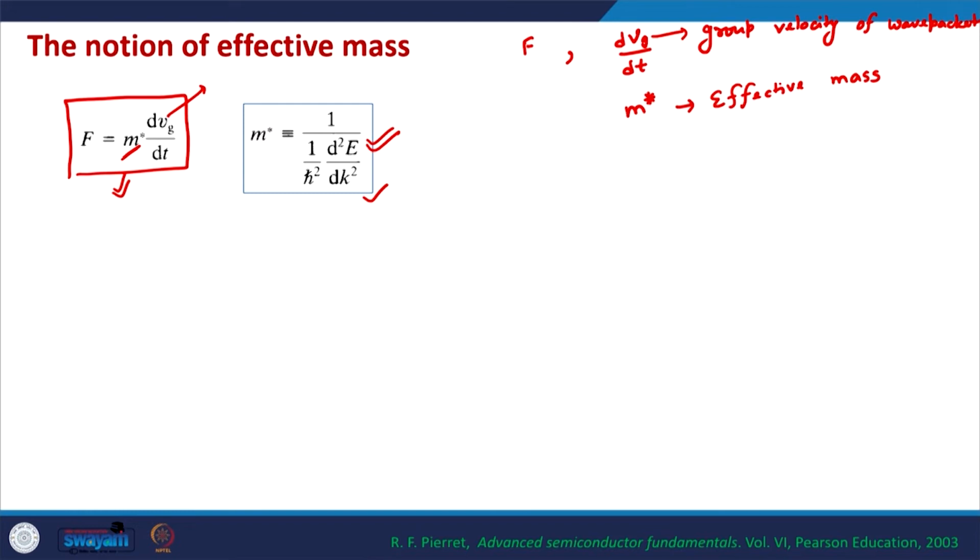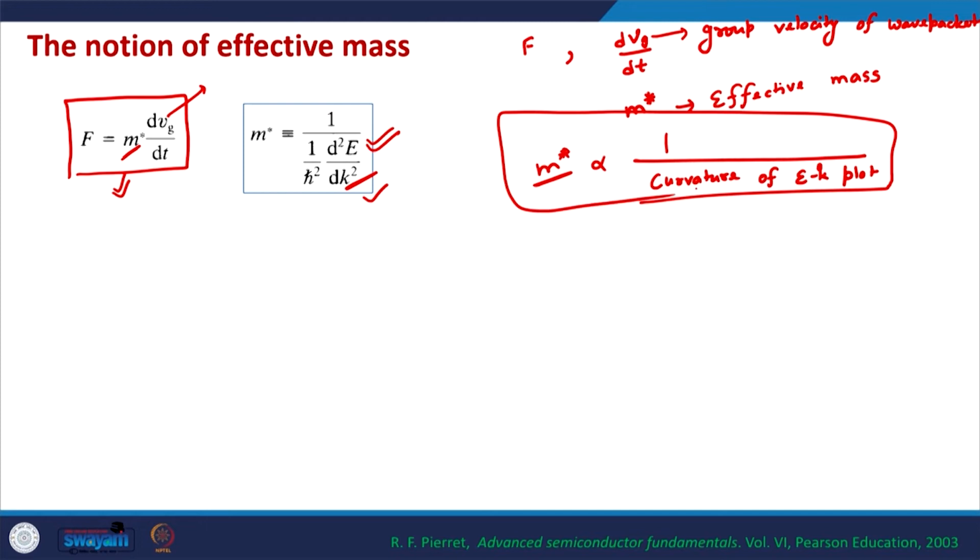But this is an important result, because as you can see, the mass or the so called effective mass here depends on the E-k relationship. In fact m star is inversely proportional to the curvature of the E-k plot. So, d2E by dk square is the curvature of the E-k plot. So, the effective mass of electronic wave packet is inversely proportional to the curvature of the E-k diagram for an